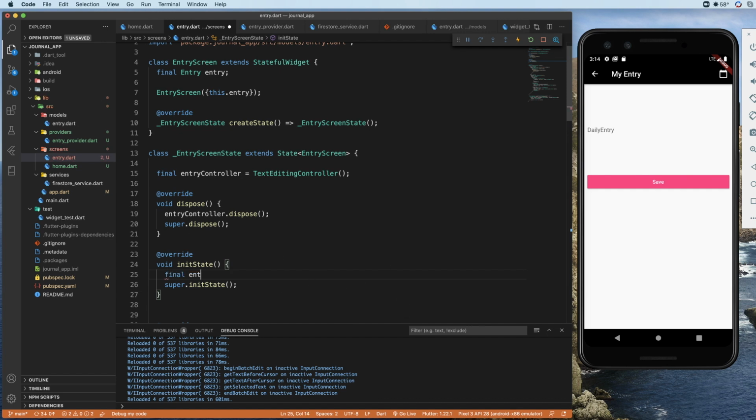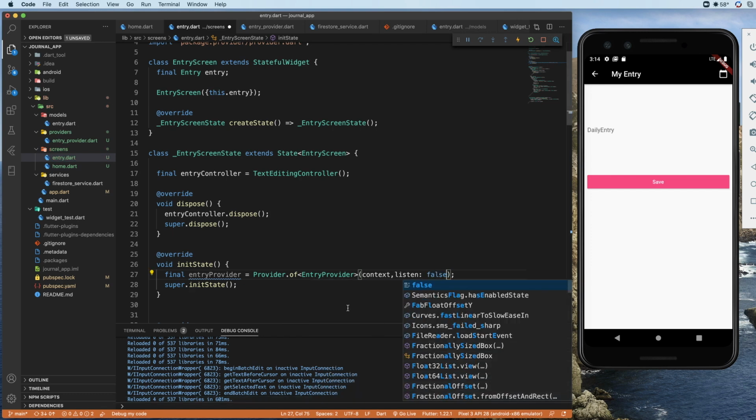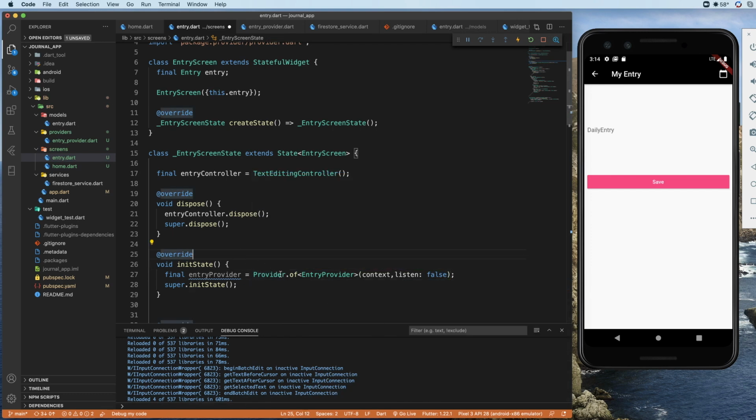And we're going to do all that with our provider. So let's bring in our provider. We'll do a final entry provider equal to provider, and make sure we get that imported, of context. And we want to specify that this is of type entry provider, and make sure we import it. All right, and anytime you bring in a provider like this in an init state or dispose, you also want to pass in listen false. All right, so we are just using the provider in this case to locate the entry provider widget in our tree,